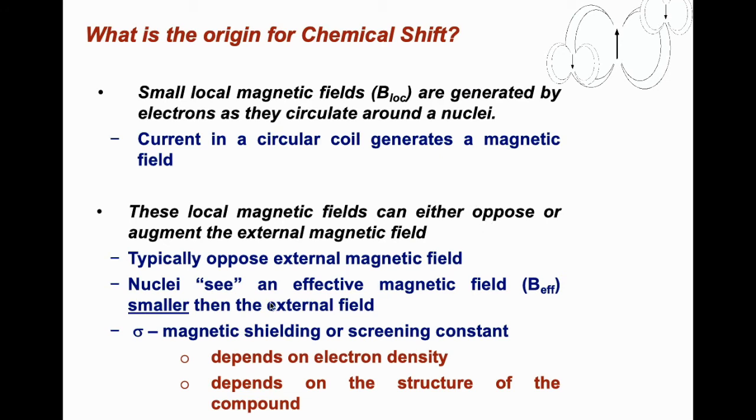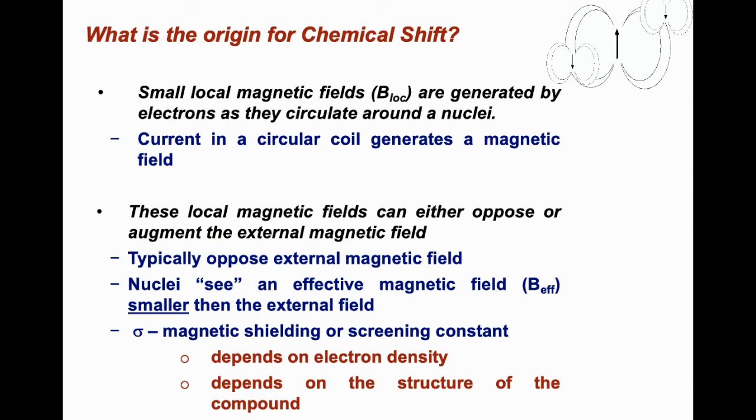So we have electrons in atoms, and these electrons will generate a secondary magnetic field. They will normally oppose, or they may align. In the case of alignment, even then the nucleus does not experience the correct magnetic field that you have applied, right? So it will experience something different than what it is supposed to.